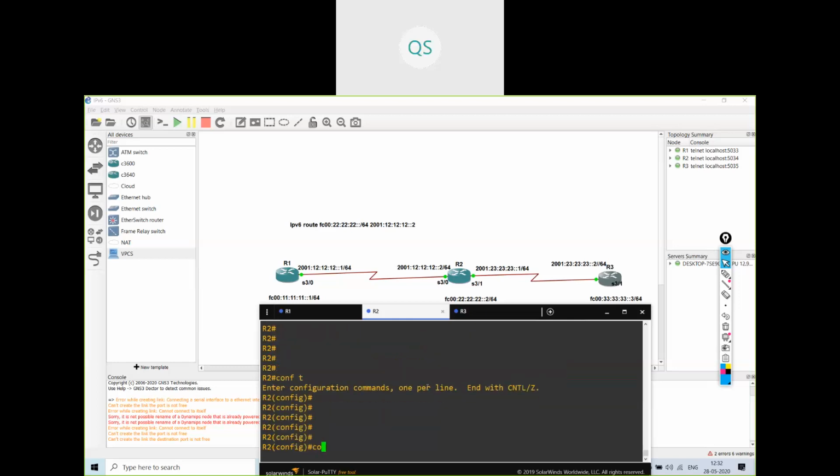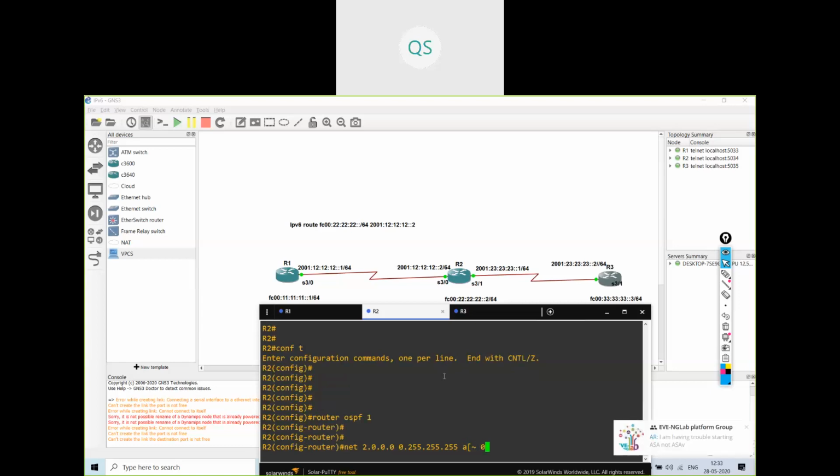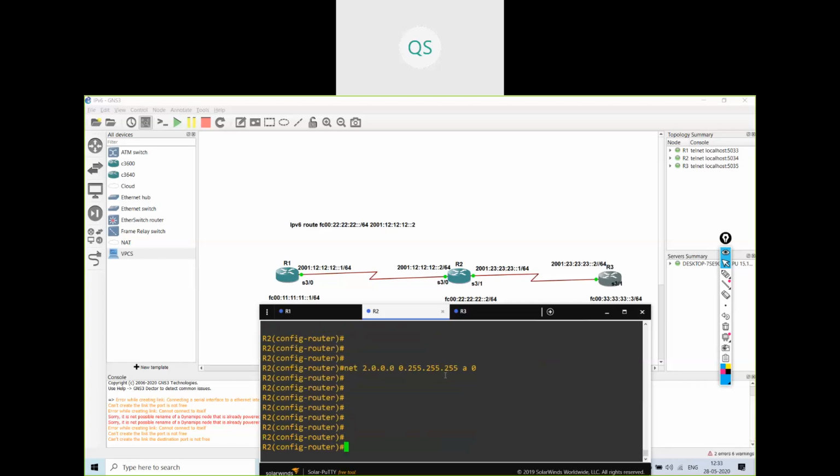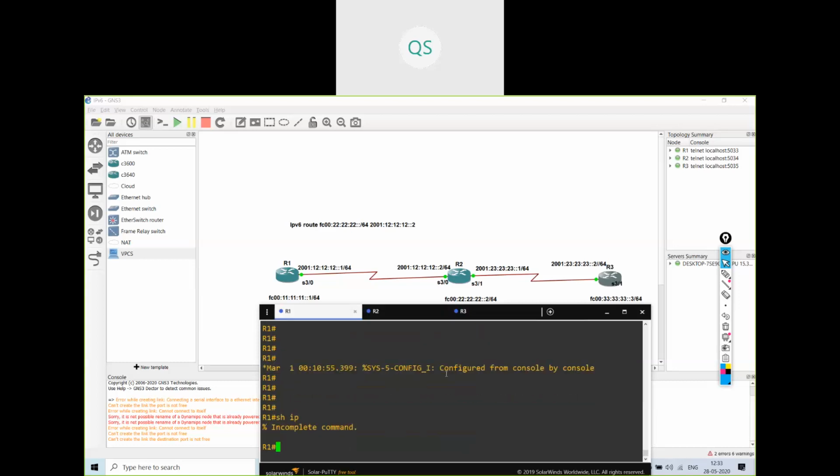I will say router ospf 1, network 2. This is what you are saying, right? If you already resolved it, I think my internet is slow.